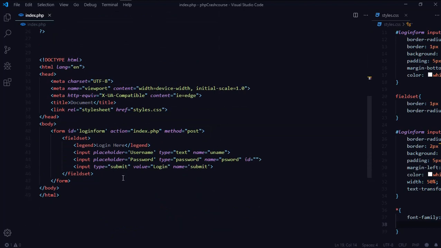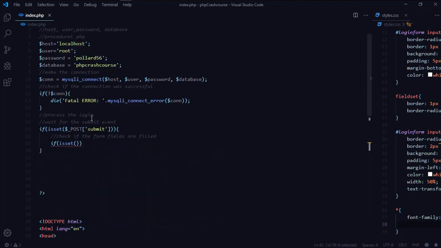Then we are going to check for the input field, and for the input type, when we have the username, we are going to look for the uname, and when it's the password, you're going to check the password. Why are we looking at them? Because that is the value of this name. Okay, so what I'm going to do, I'm going to use $_POST,